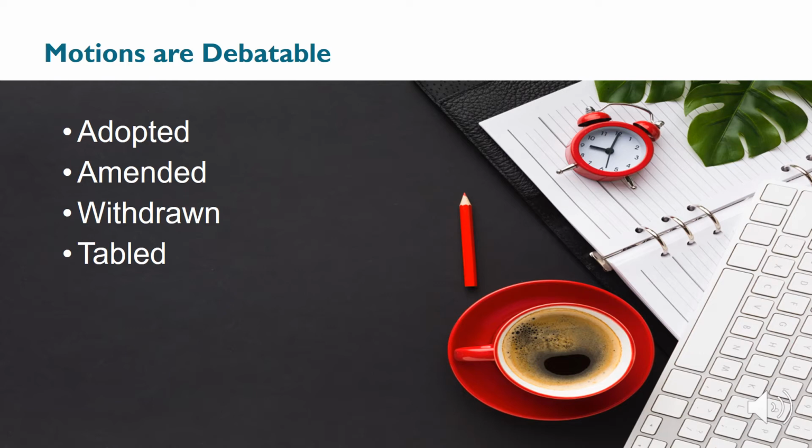Or, you know, it could also be tabled. It could be like, yeah, I don't know, but we don't have enough information. I would like to see a study on X, Y, and Z, and I would like to see this or that, and then let's table it until the next meeting and until you can provide more information. Or the applicant needs to provide more information, or the staff planner needs to provide more information, and then we will look at it. So you can do that table motion.